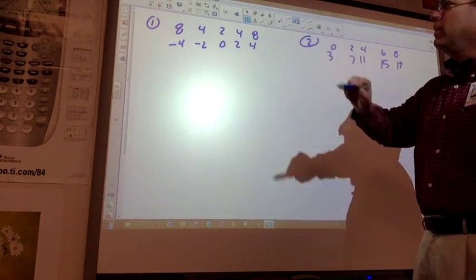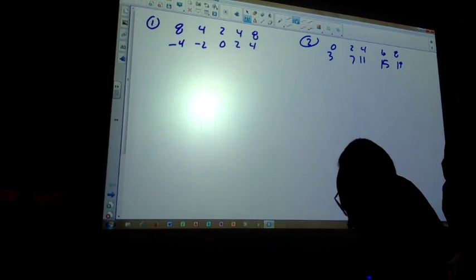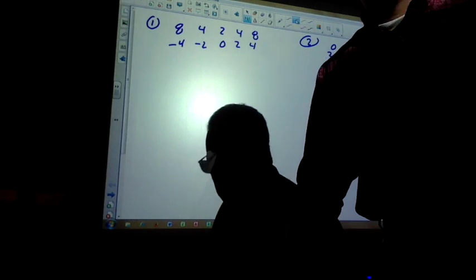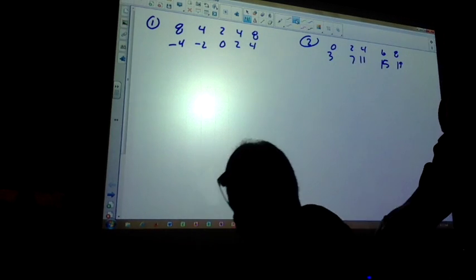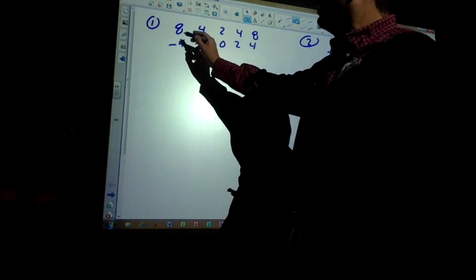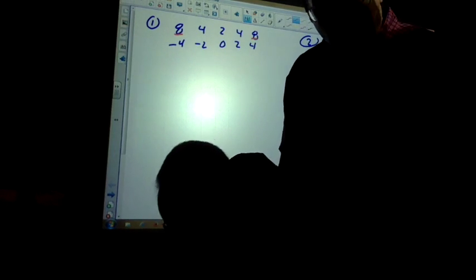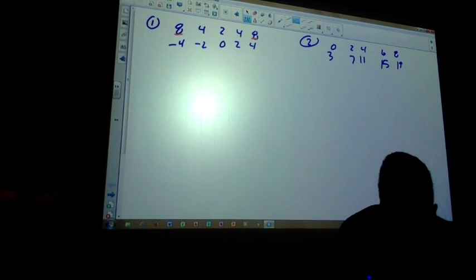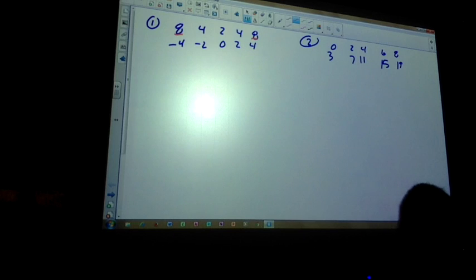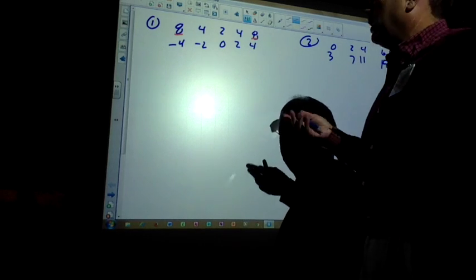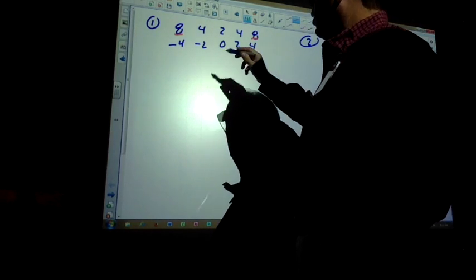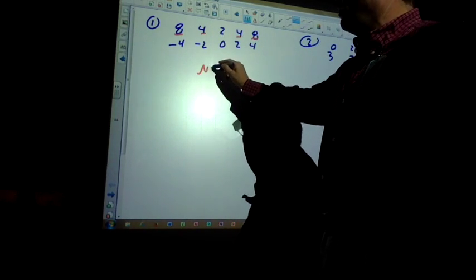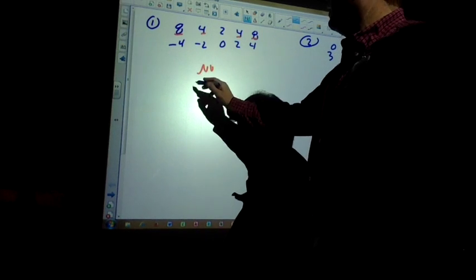All right, the top is the input, the bottom is the output. Input is the x, output is the y, input is the domain, range is the y or the output. So we're looking if the input or the domain repeats, they want us to say if the relation is a function. So a relation, if you remember, is just ordered pairs. And then a special one could be called a function only if the domain didn't repeat. So this is no, and then explain domain,